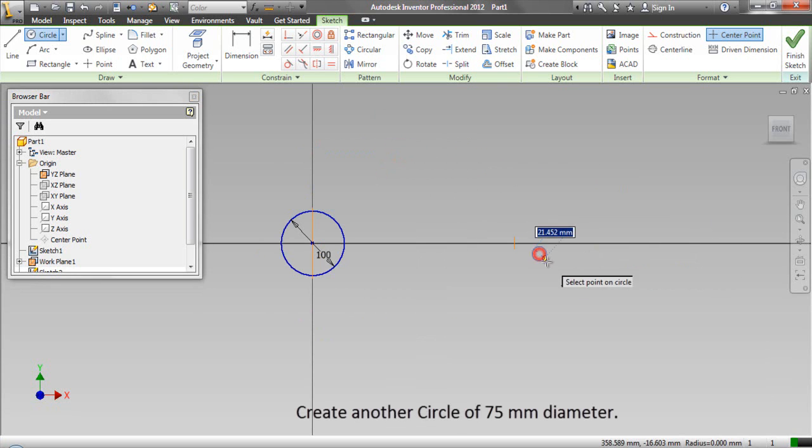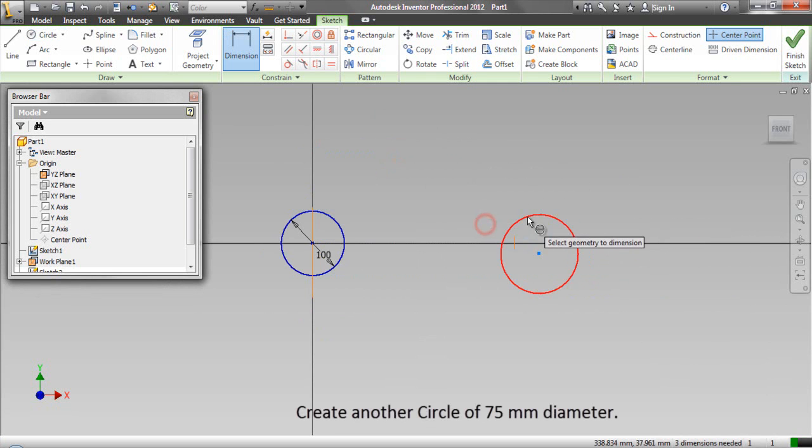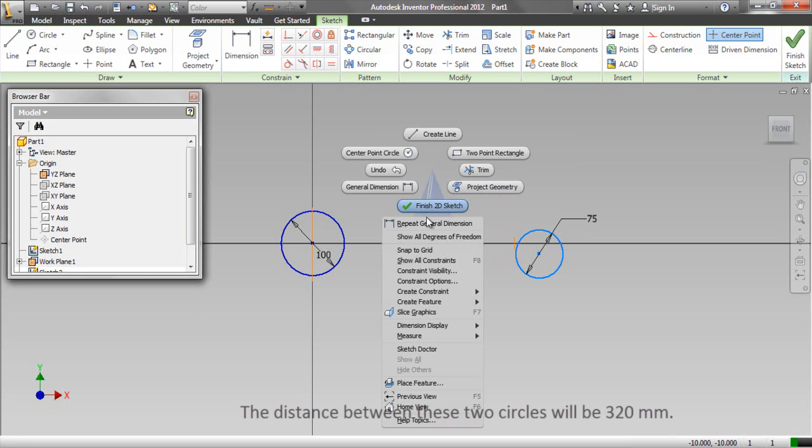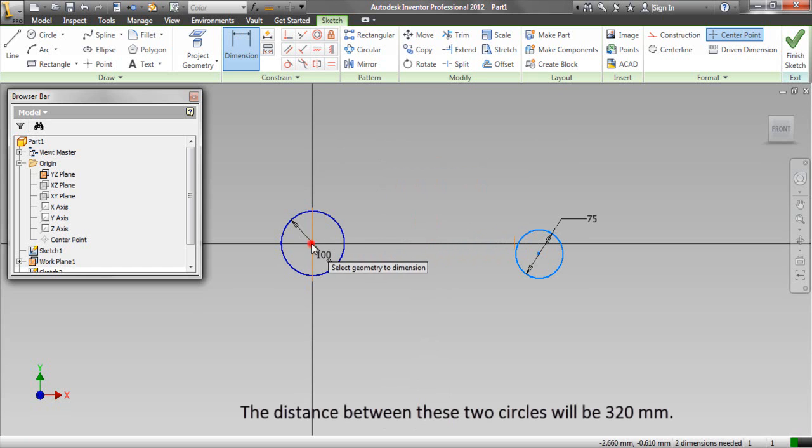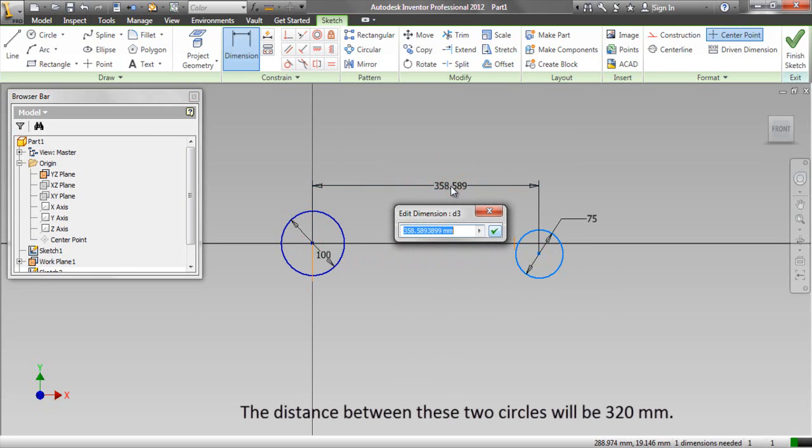Create another circle of 75 mm diameter. The distance between these two circles will be 320 mm.